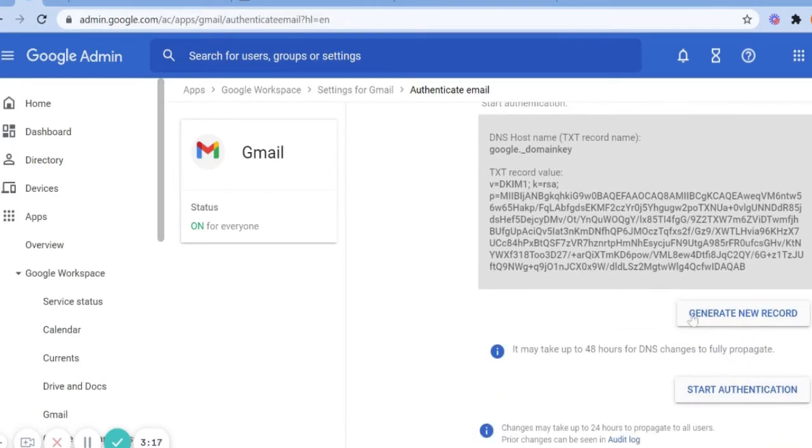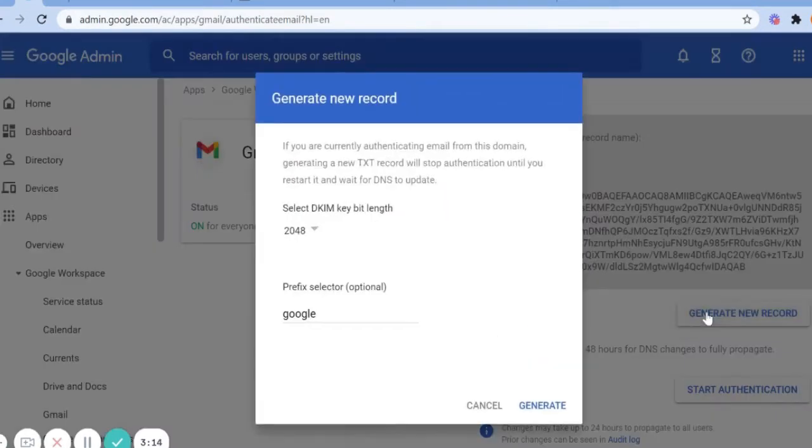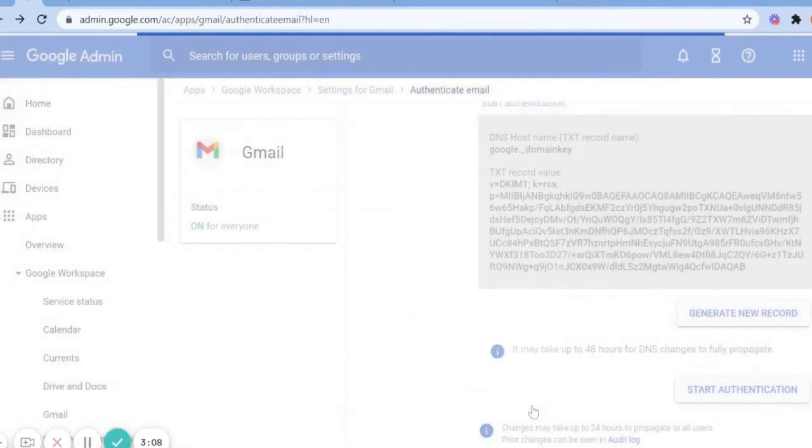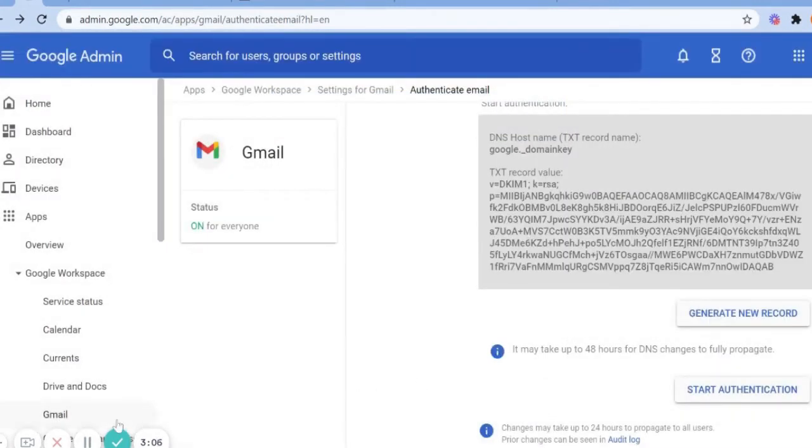Then you need to click on the generate new record button and click on the generate button without changing anything in the pop-up. The text box here displays the information that is used to update the DNS record, and once you generate the domain key here, you need to add it to your DNS.